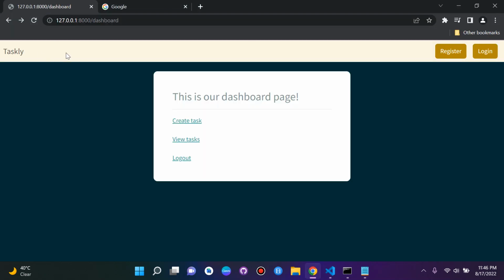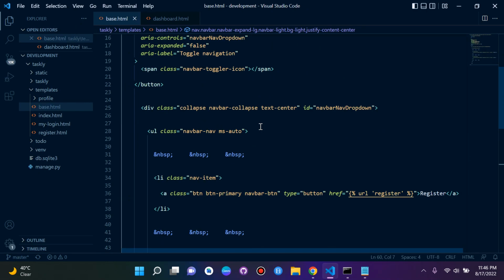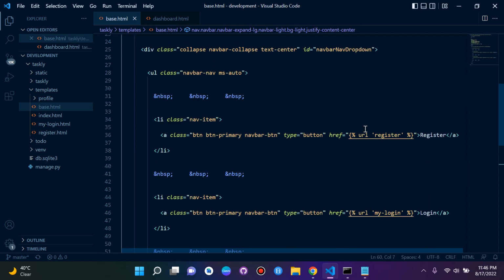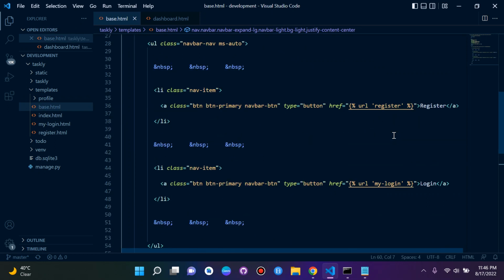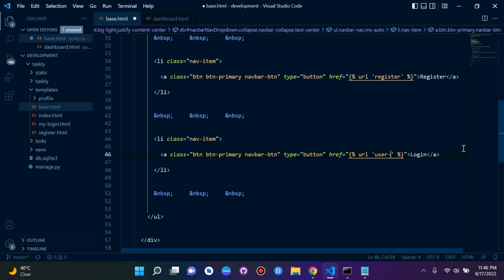Okay, so taskly, register, login. So let's go to base. So let's see what are properties here. All right, so we can see we have register and login as buttons. Okay, and these are all buttons here. But let's see what we can do if we just change this up a bit. So I'm going to keep this as, I'm going to say user logout. So this is going to be for logging out,